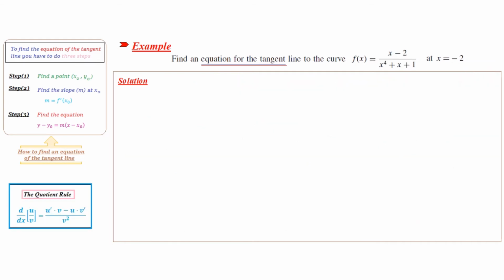Now we'll go to the next question, and here you have to use the quotient rule to find the slope in the second step. The question is, find an equation of the tangent line to the curve f of x equals x minus 2 divided by x to the 4 plus x plus 1 at x equals negative 2. So the first step, you have to replace x by negative 2 in the original function to find the point, which is step number 1. So you have to find f of